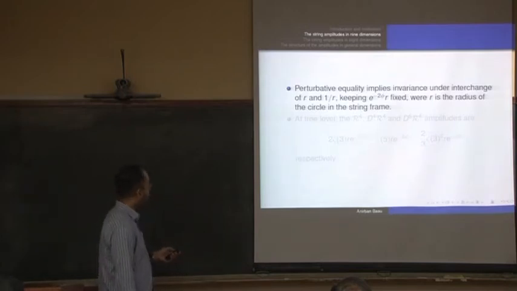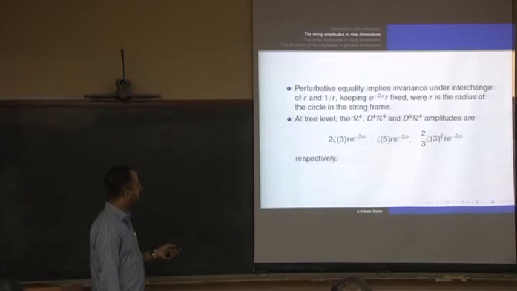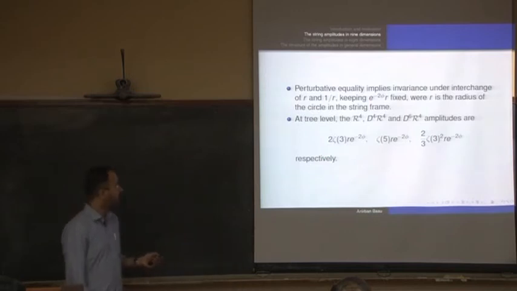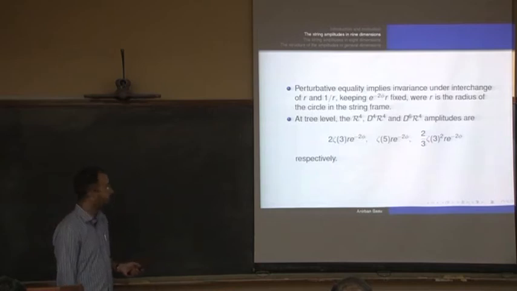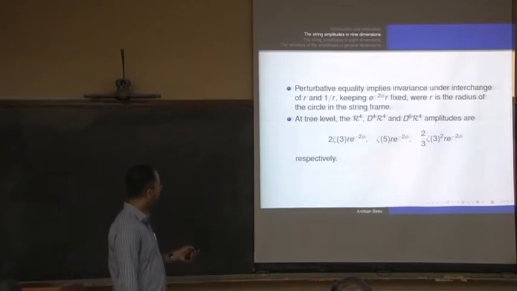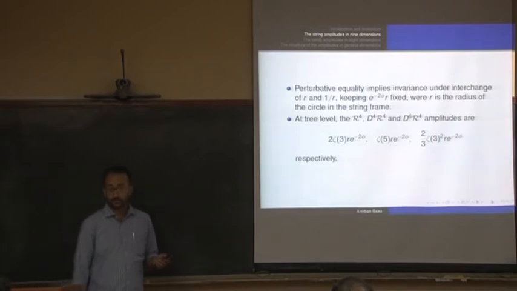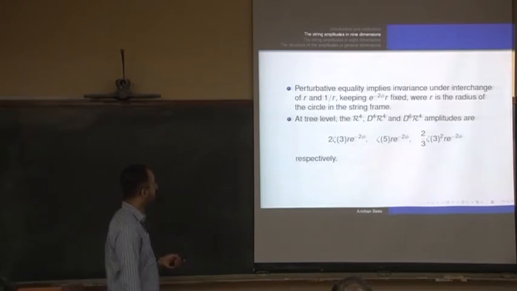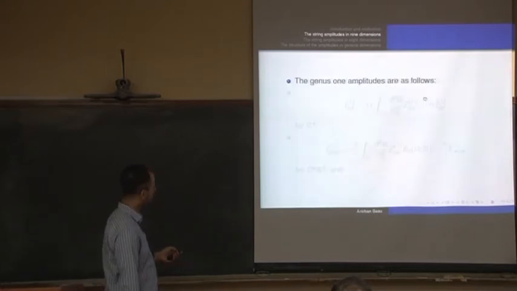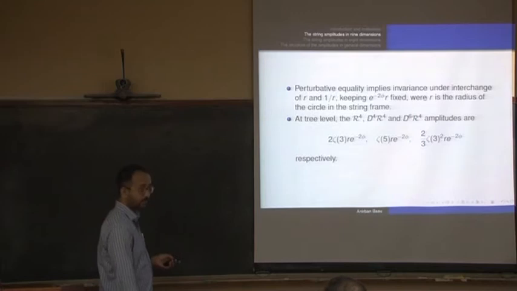At tree level, it's straightforward. You take the 10-dimensional answer and multiply it by a factor of R. That is all there is at tree level. This is trivial. If you do it in the 10-dimensional action, you don't have to do anything extra, just multiply by R, and the dilaton dependence automatically comes out the way it should. So this is R^4 with zeta 3, D^4 R^4 with zeta 5, and D^6 R^4 with zeta 3 squared. Winding modes don't contribute here because they are produced in pairs. So it's flat 10 dimensions, and then compactifying on the circle. These coefficients are determined by the scattering amplitude.